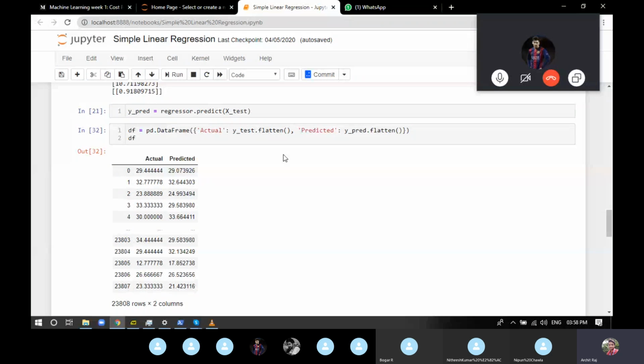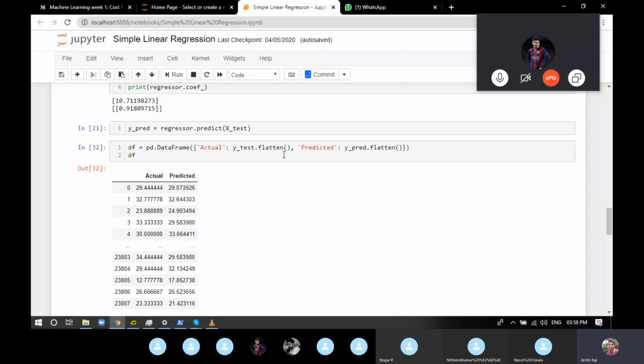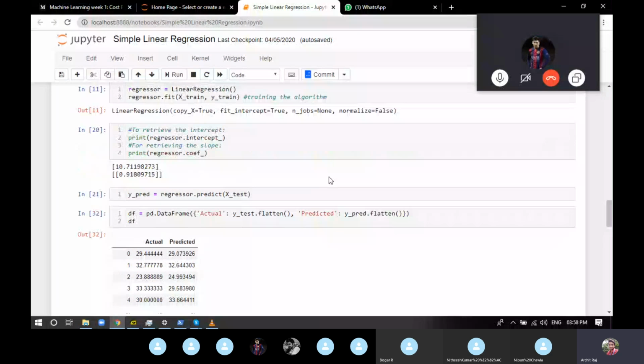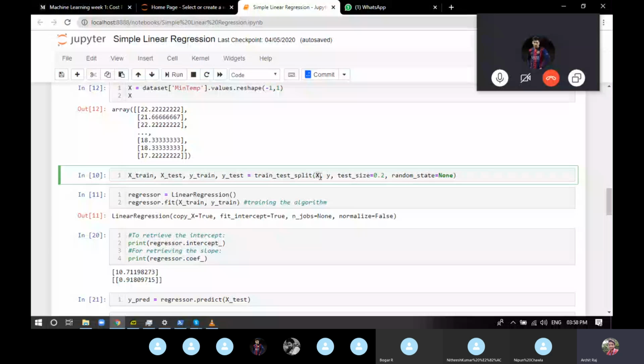So what we did is use train test split. Train test split takes the value of x, the independent variable, the value of y, the dependent variable, and we provide a proper attribute which is test size. Test size tells you, out of the data that you're providing, the values of x and y, what percentage of data you want to keep for the testing part.